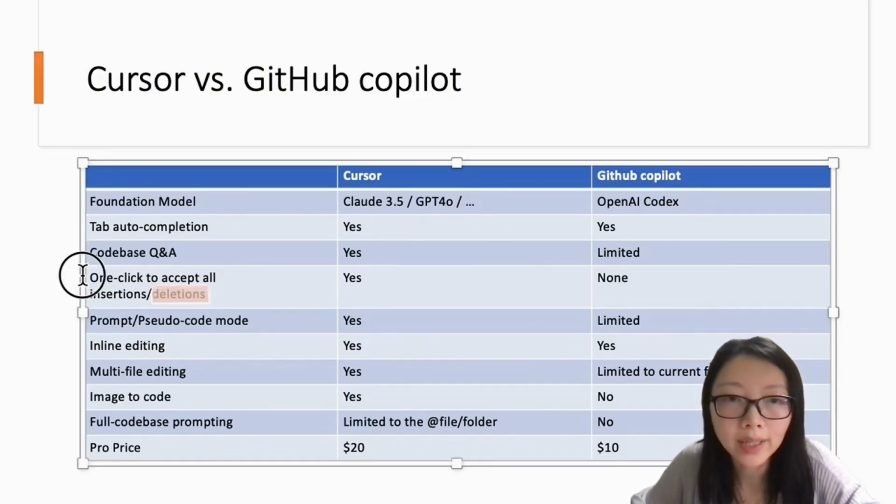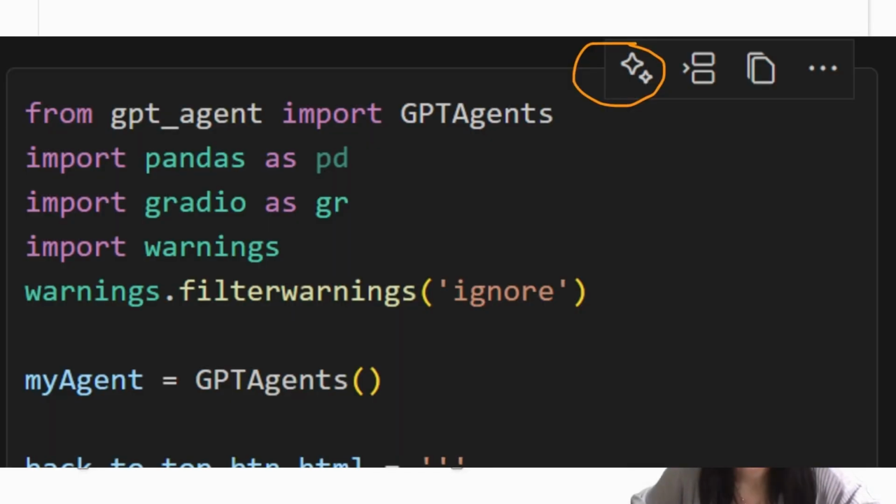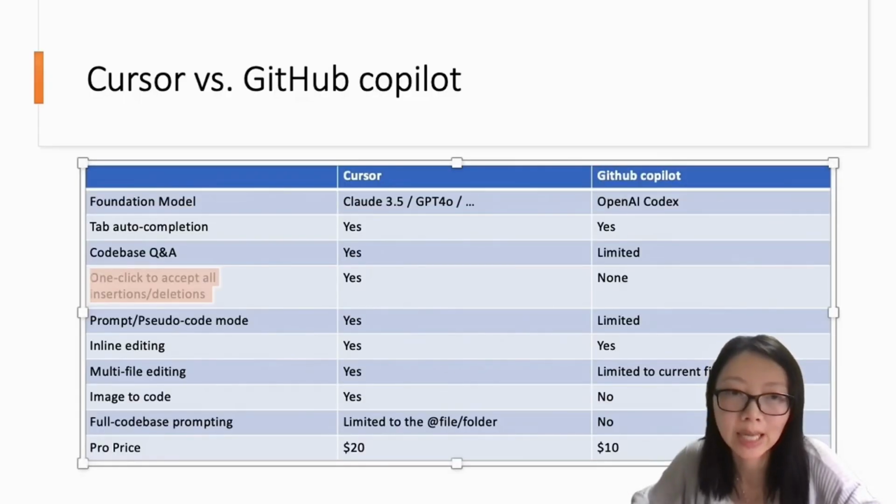The feature I really enjoy the best is the one click to accept all the committed code. As for GitHub Copilot, although in their UI they also have the option of applying the code block that it recommends, it's very slow, and I don't even know where to apply the code to, and there's no place for me to review and click the accept button. So it feels unsafe and really inconvenient.